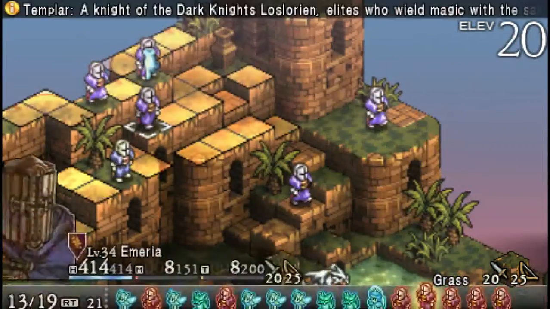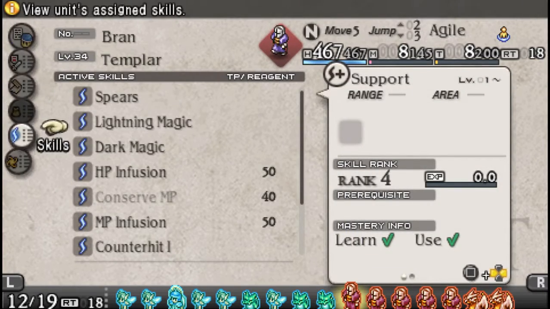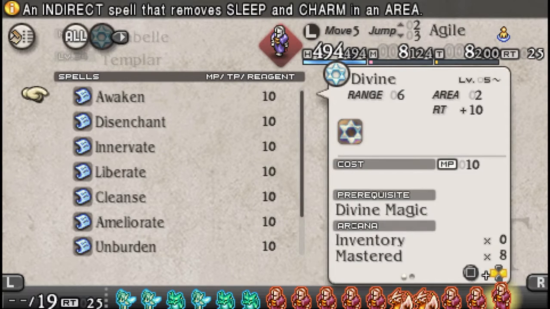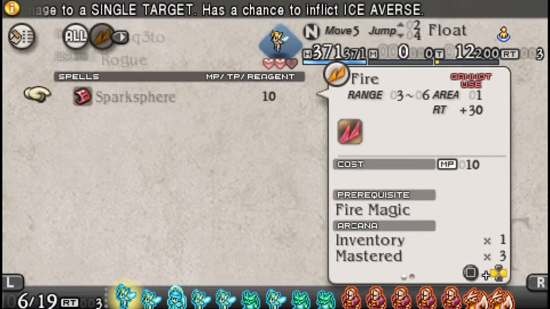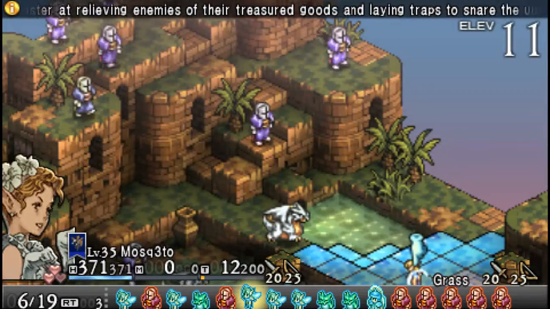I believe they've got 2 healing elements, if I'm not mistaken. Let's see. Got lightning. Actually, it might not be as much of an issue. Yeah, no. Okay, it won't be as much of an issue because, okay, the reason I'm thinking about the healing elements here,